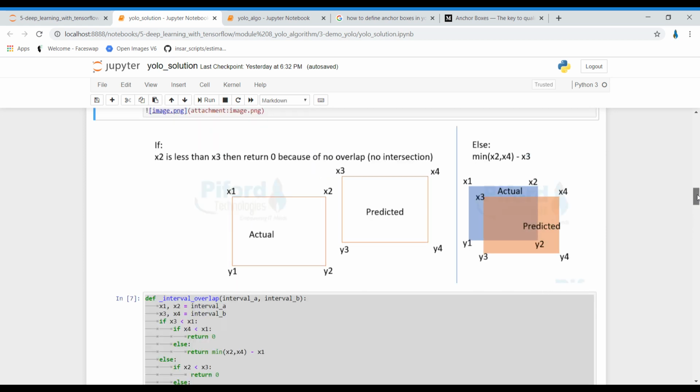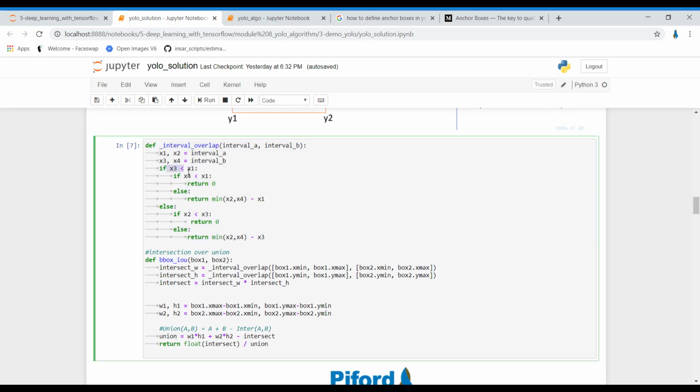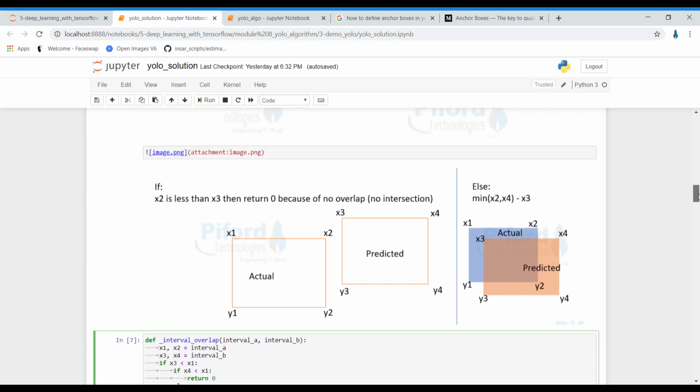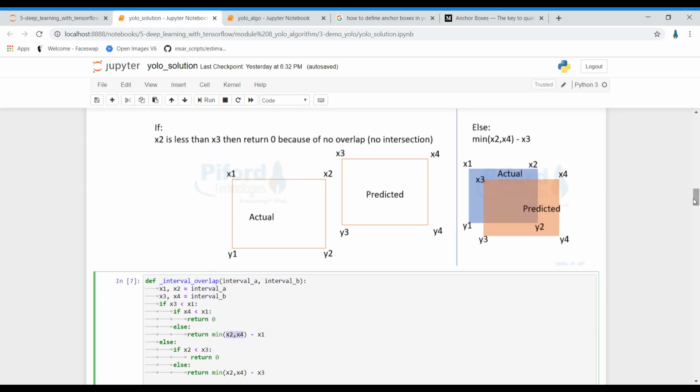Let me show you how it works. See, this is what I've done. If x3 is less than x1, then check the condition: if x4 is less than x1, then return 0. Otherwise, check the minimum value between x2 and x4, and then subtract x1 from it.